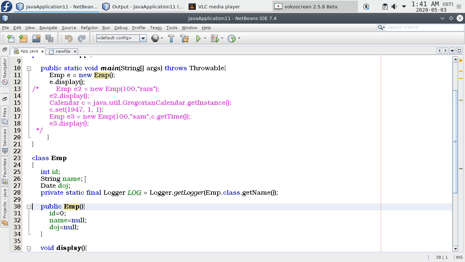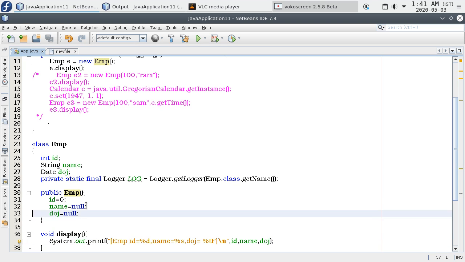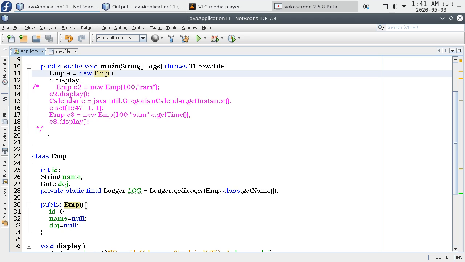So there is going to be only one default constructor. Whenever you write another constructor in a class, at that time the JVM is not going to supply the default constructor for you. So the first object we are able to successfully create.